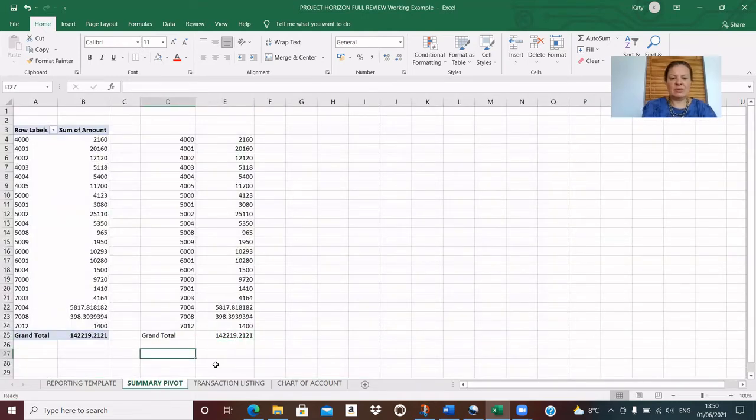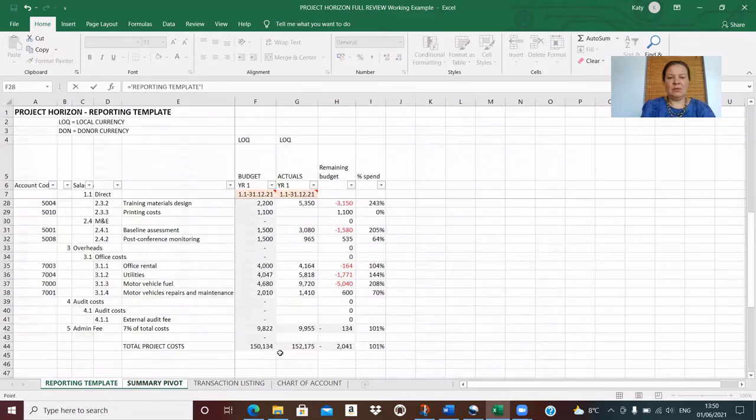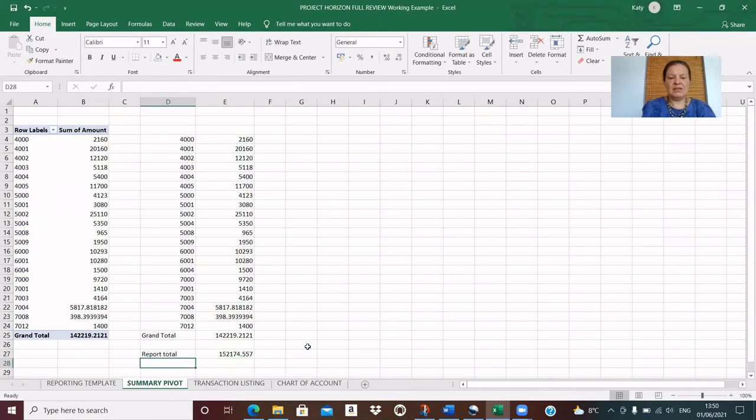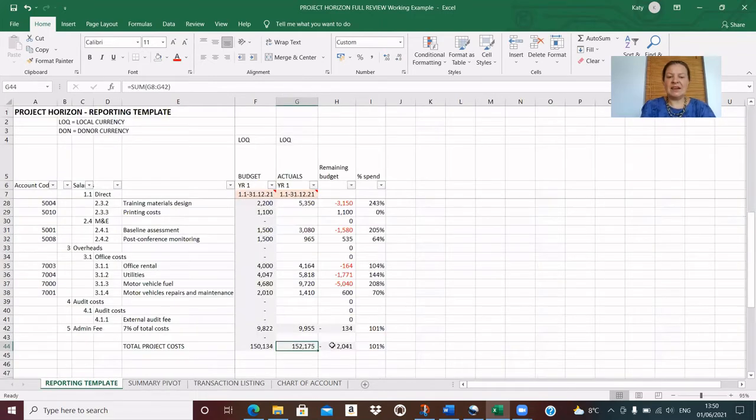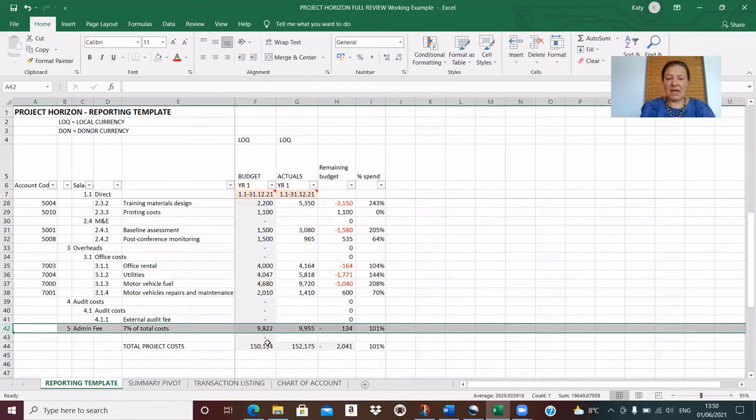So let's put here the report total equals 152,175. So we have a difference of 9,955, which in this case is our admin fee, because our admin fee is an automatic calculation of